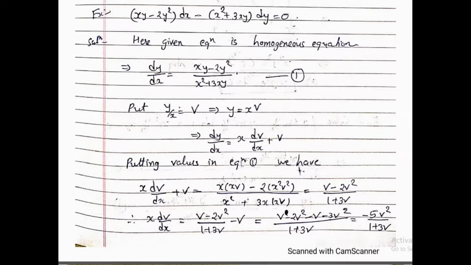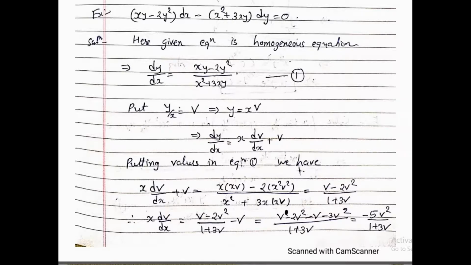Here the given equation is homogeneous, as this term has degree 2, this term also has degree 2, this term also has degree 2, this term also has degree 2. That means each function is a homogeneous function of degree 2. So if we write dy by dx, then dy by dx is (xy - 2y²) upon x²